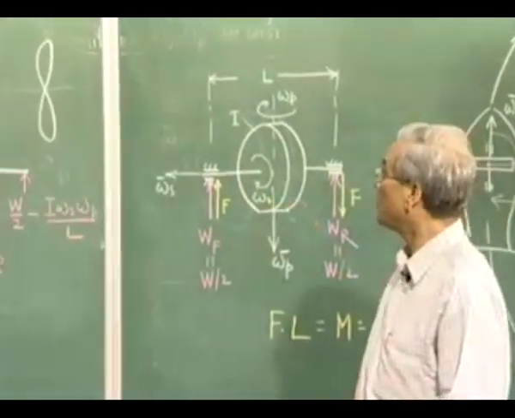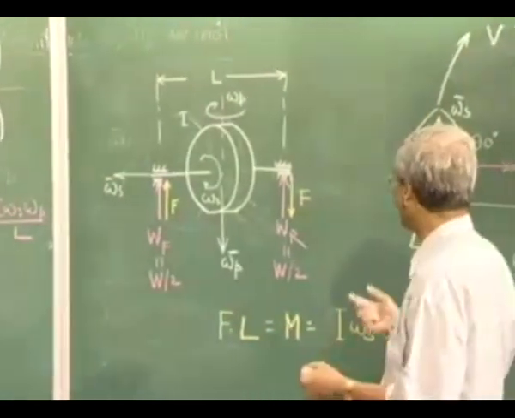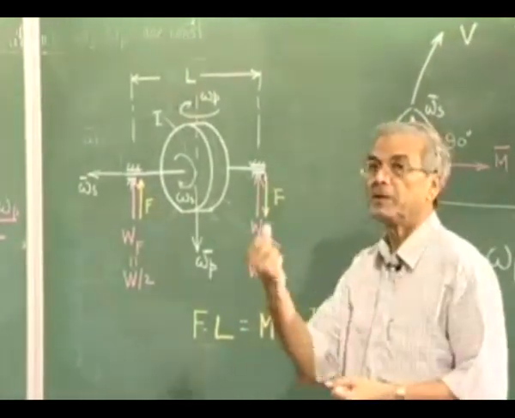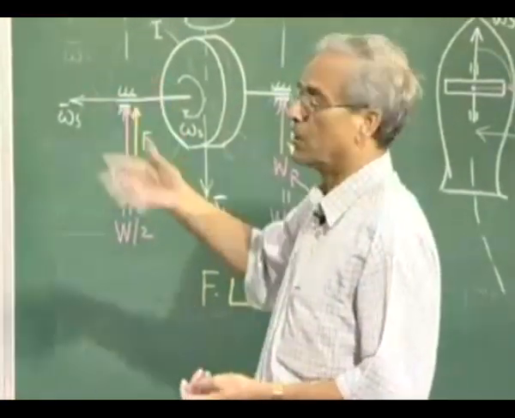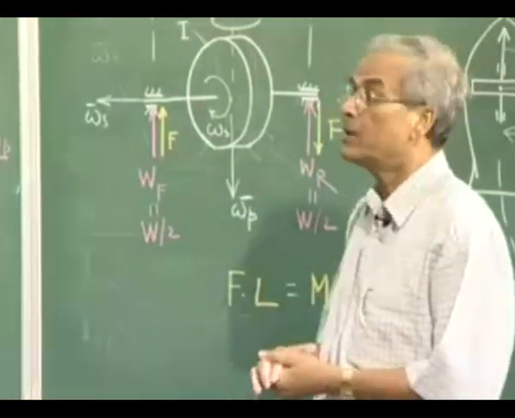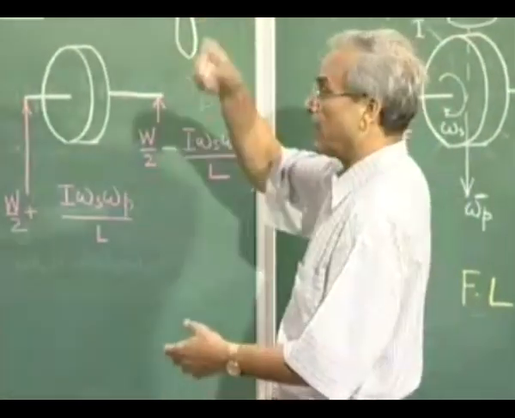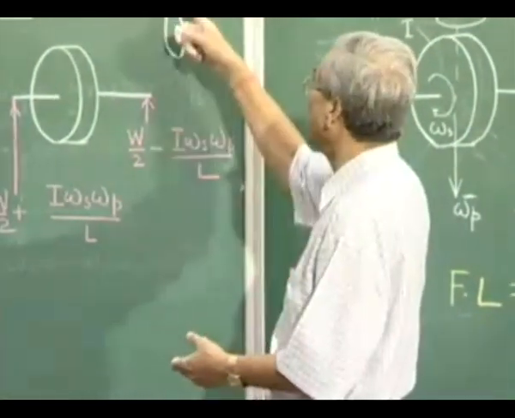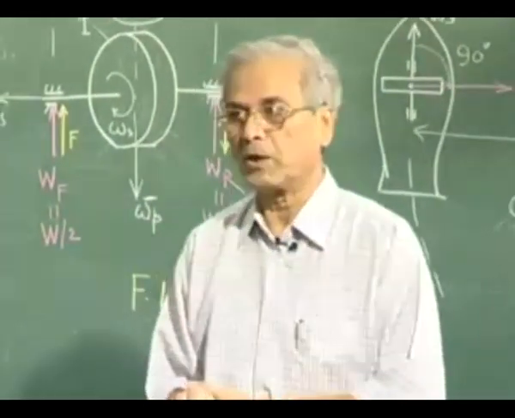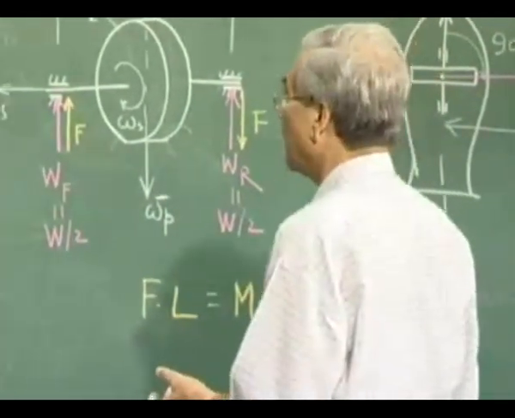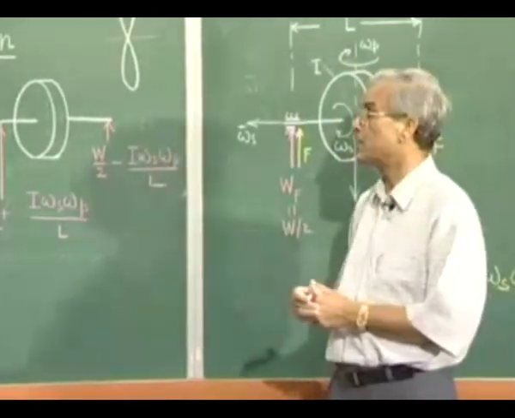So the bearing reaction will no longer be a static force, but will be subjected to an extra gyroscopic component which is again changing with time. That means it is fluctuating between a maximum and minimum with the frequency with which the unsymmetrical body is rotating. And there the problem is more serious because it can generate very dangerous vibration of the system,